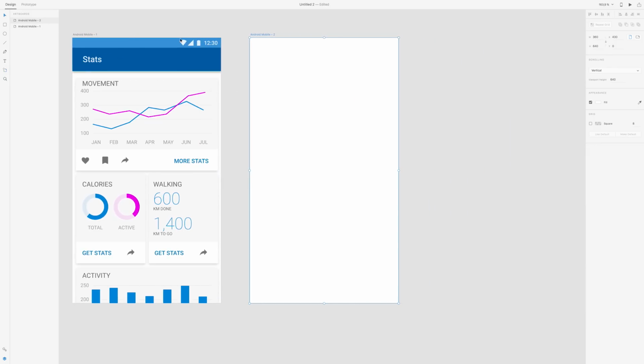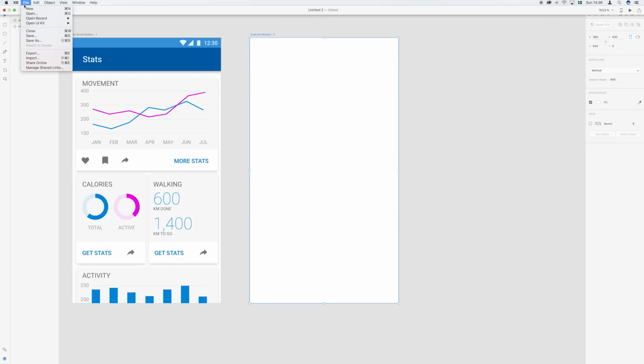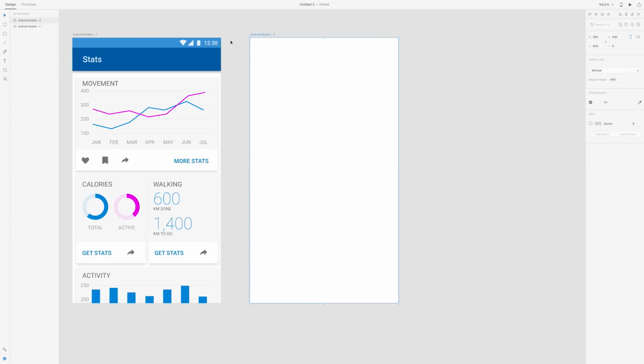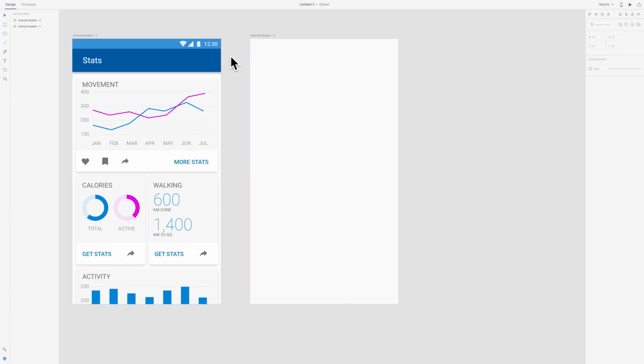And this top part you can always find under File, Open UI Kits, Google Material, and there you'll find the top part. But I'll show you how to do it now. So we'll start by making the background a little bit gray or off-white. So we select this and then we'll take a little bit off-white. So FA is good. And then grab the square tool, make a full width, and the height should be